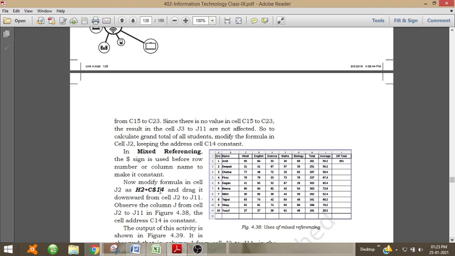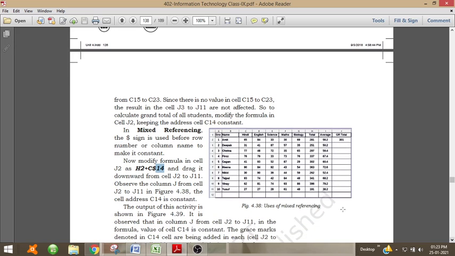We are putting a $ sign before the row number, that is before 14, and drag it downward from cell J2 to J11. The cell address C14 is constant. That is, the value in C14 is not changed.